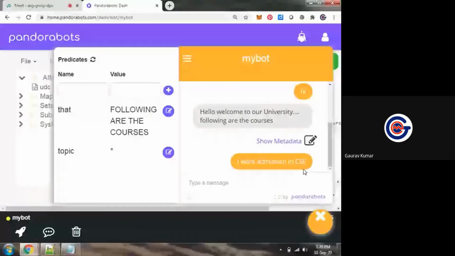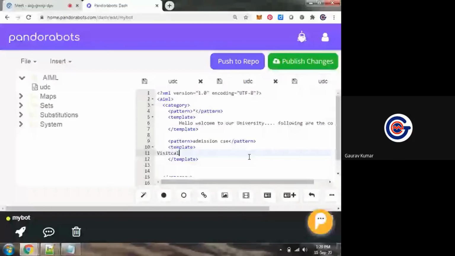Suppose somebody uses these two keywords, admission CSC. In that case, call 0112. But if somebody asks about admission to PCE, the chatbot will give a different message.